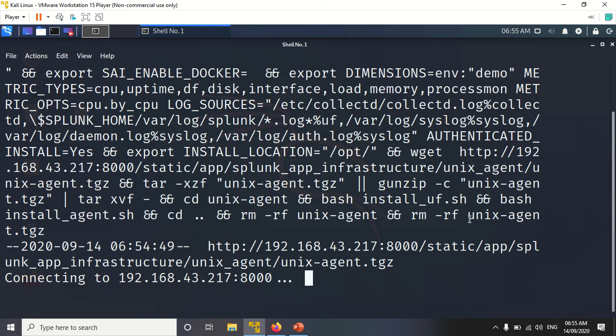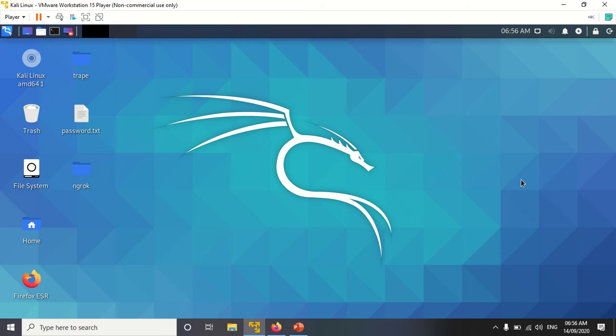Now my Kali Linux is unable to connect to the IP address 192.168.43.217. So I'm pressing Control C, or I'm going to close this terminal.